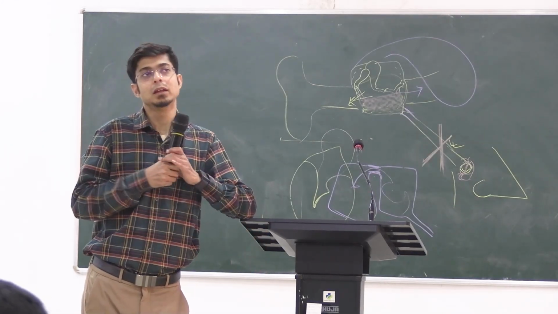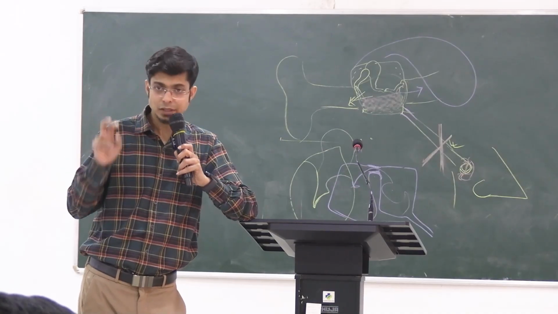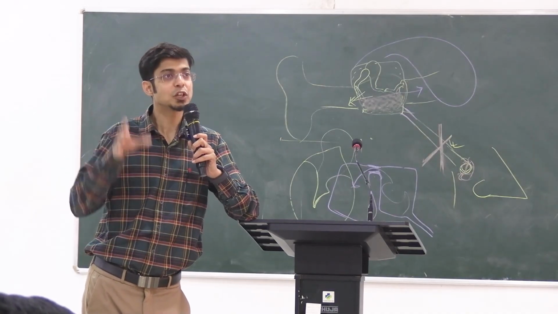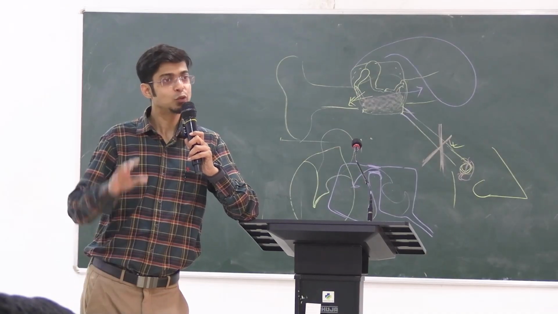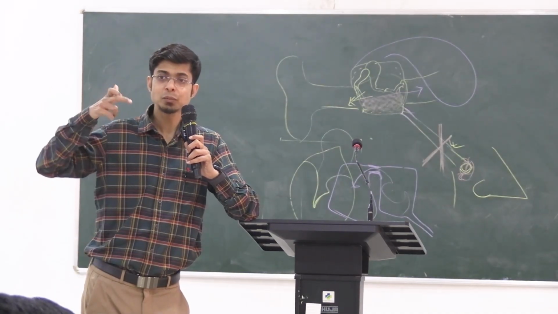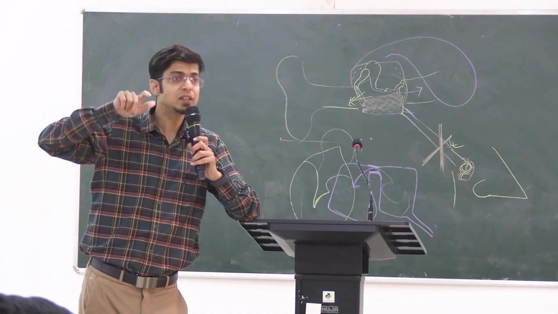See, there are two things you need to understand. One is developmentally, the Eustachian tube is much more horizontal in kids. So gradually as we grow up, it becomes more vertical. Okay, that's the reason